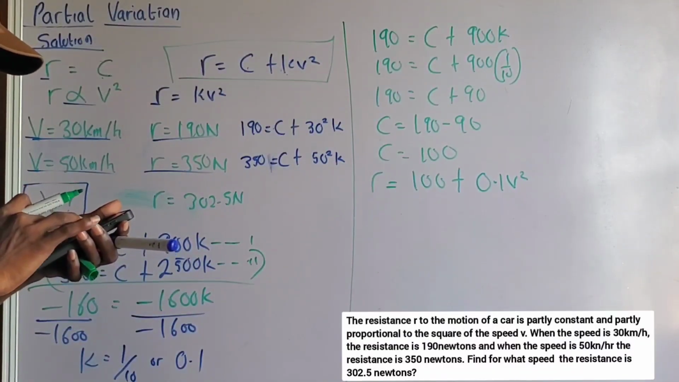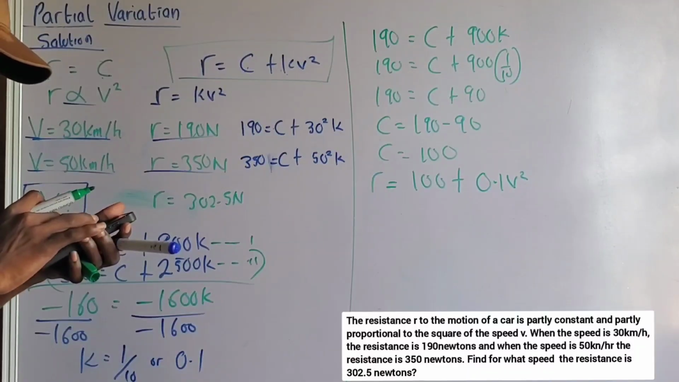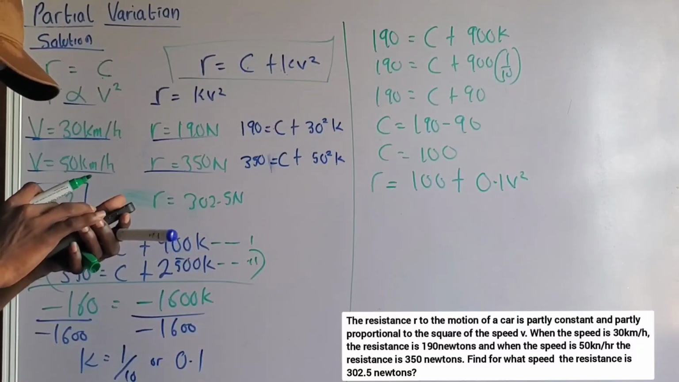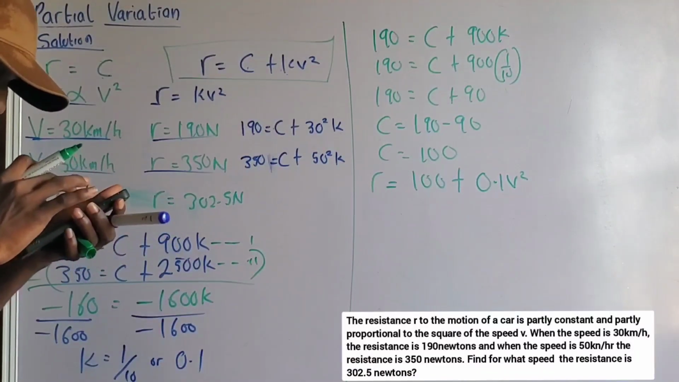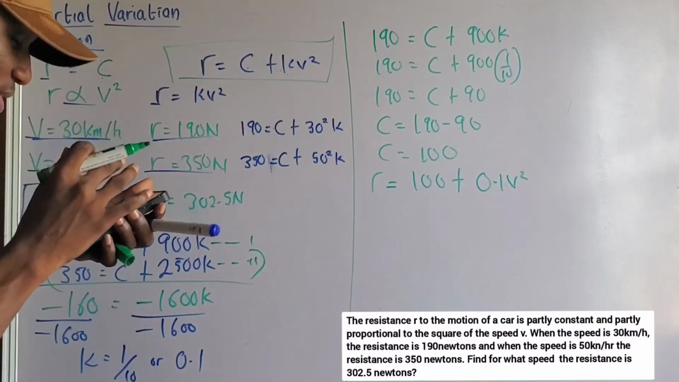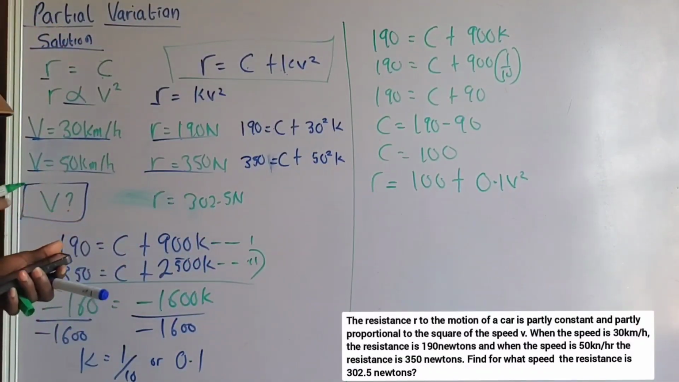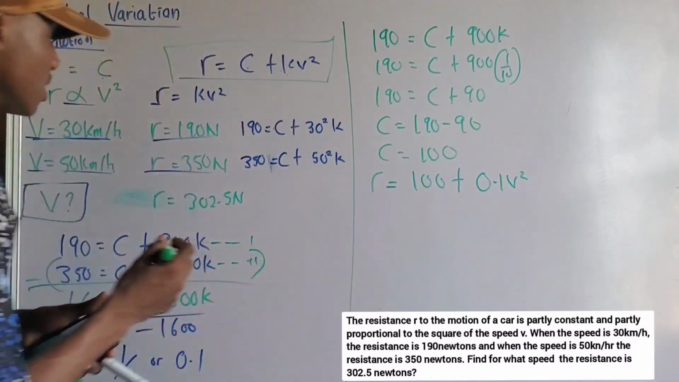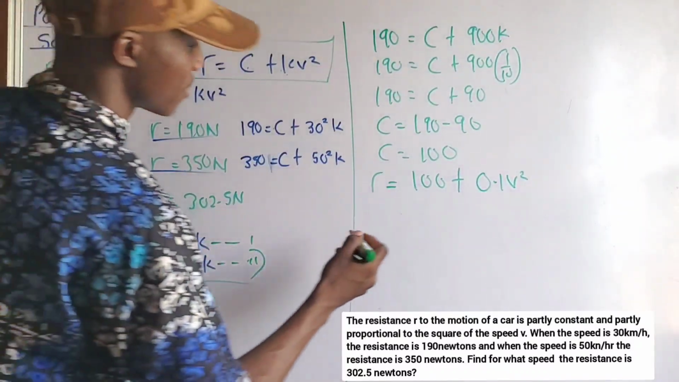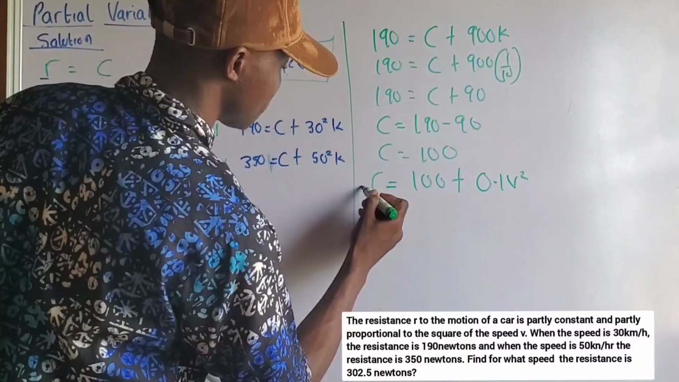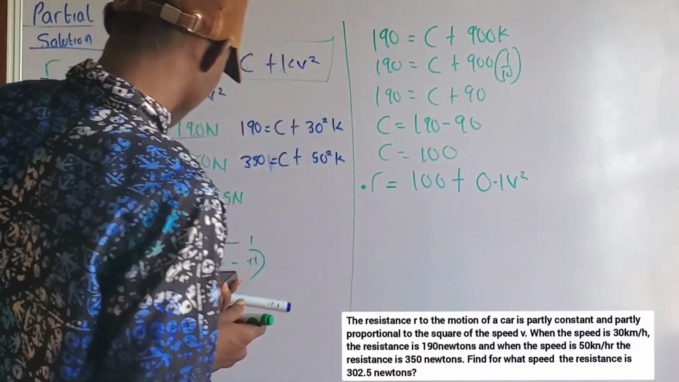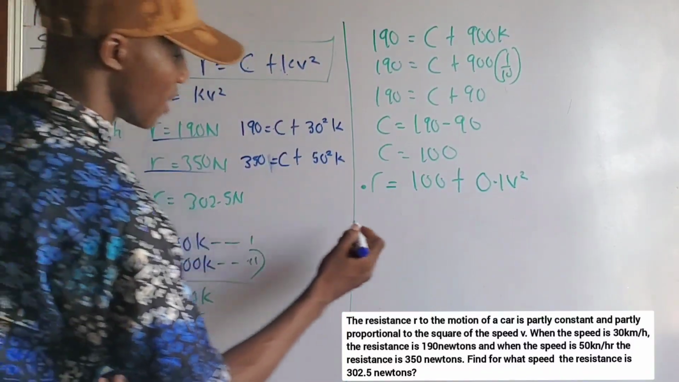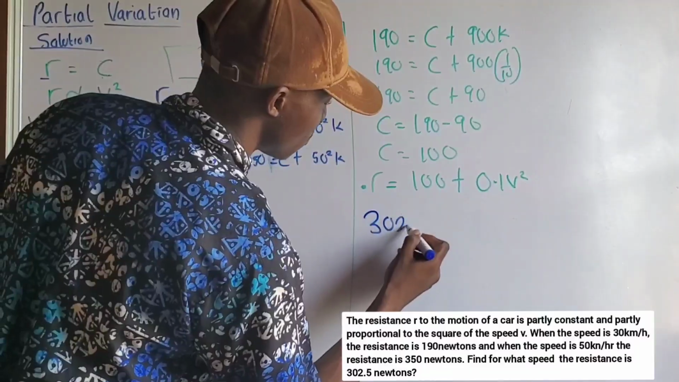We are told to look for the value. I'm trying to get the question now. Okay, we are asked to look for the speed when the resistance is 302.5. So you can easily determine the speed now. The resistance is what? 302.5. So I'm going to have 302.5